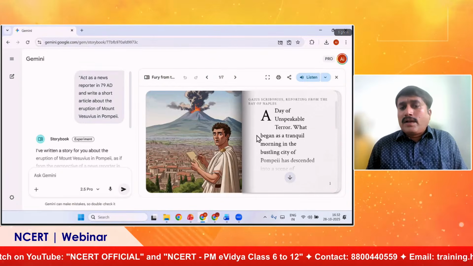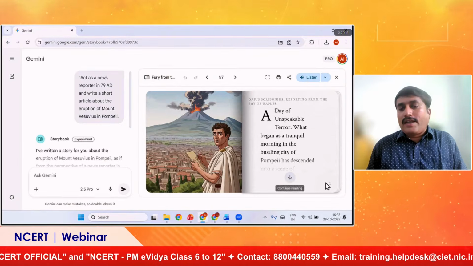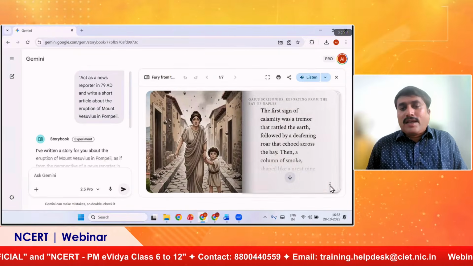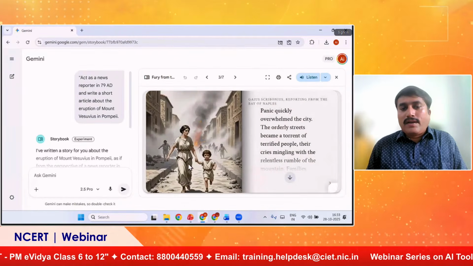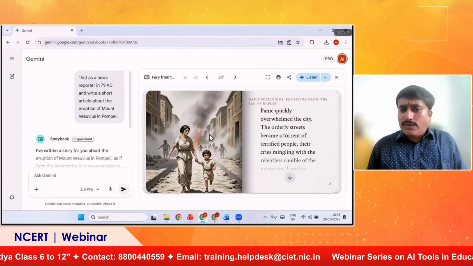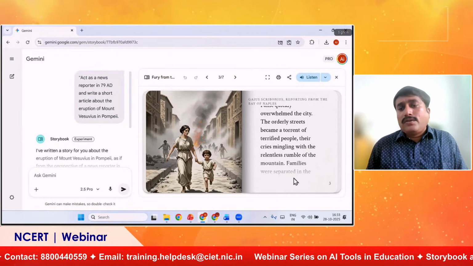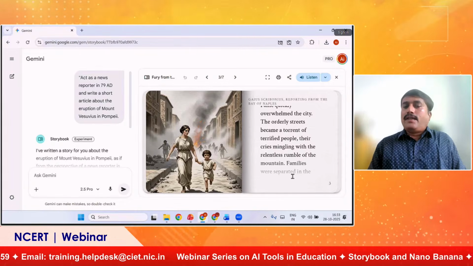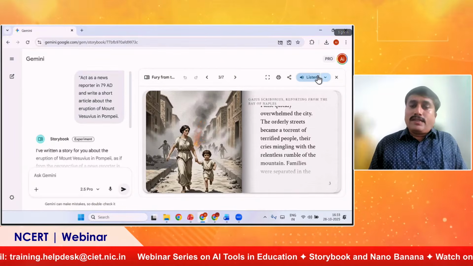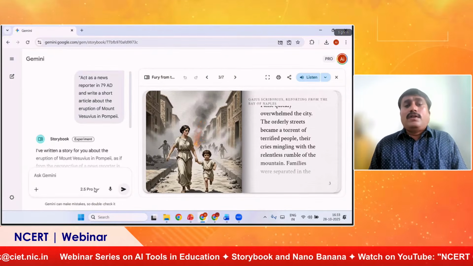So this is the reporter, and how reporters looked in that era can be imagined. And this is the same story, with a picture here and then the whole article. So students can imagine and relate with that content and the pictures, and then they can listen. So these three types of experiences we can give.